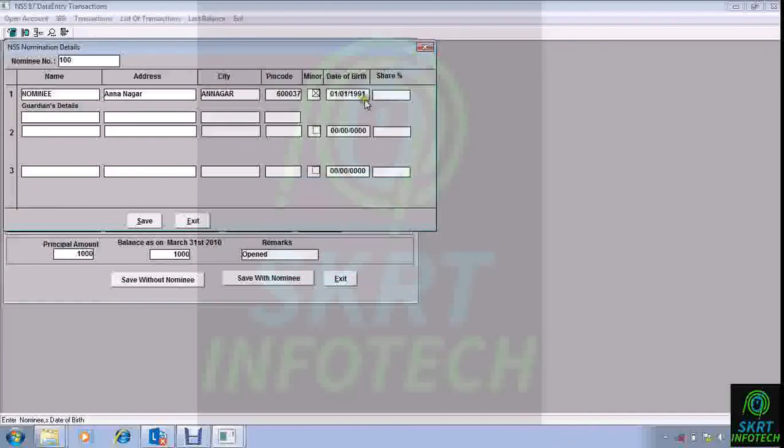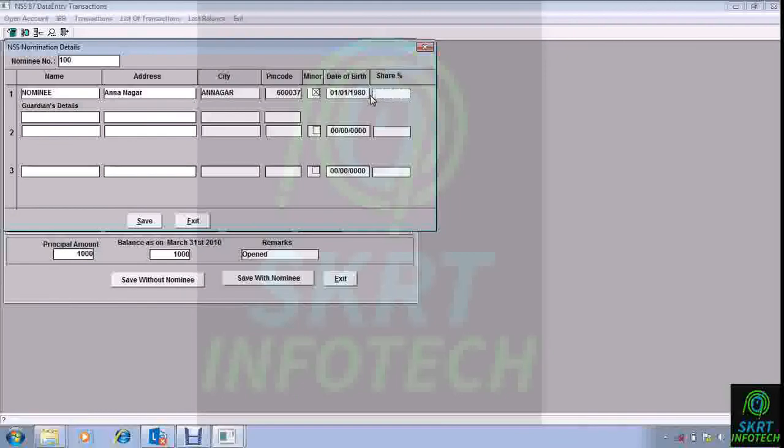Okay, and then what we'll do is we'll give a date of 1980. So now the nominee is just 10 years old, so it is accepting.